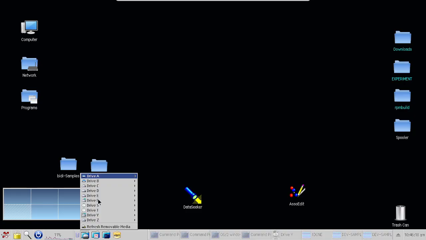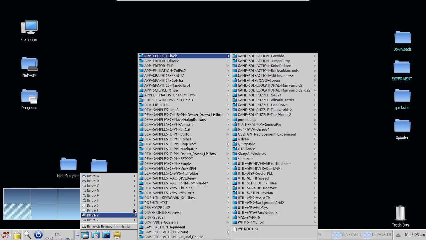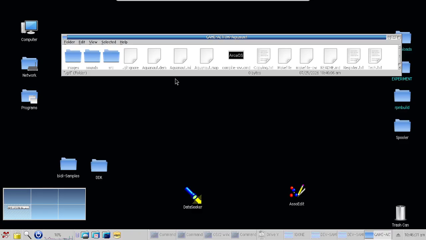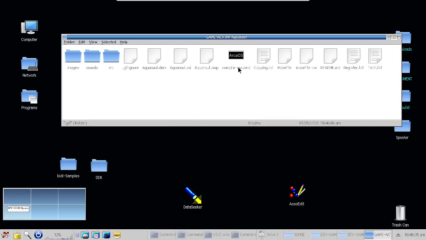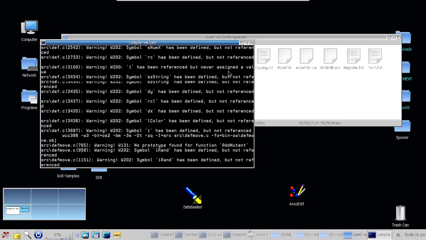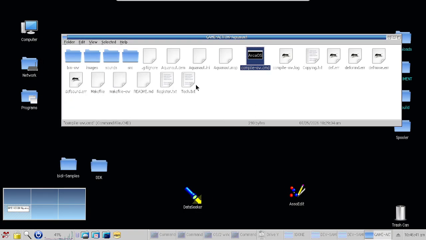I'm sharing this drive with all the Git clone stuff. Where is it? Oh, it's here. And I'm going to check games Aquanaut. Here it is. So this is the same files on the Windows machine, and I'm going to run compile, which may not work the first time. Okay, so it has a lot of warnings, and let's check the log,